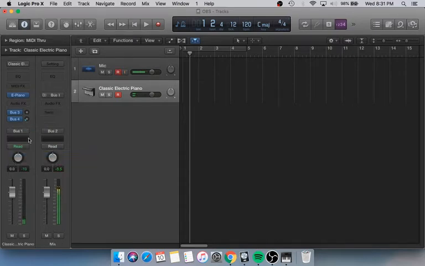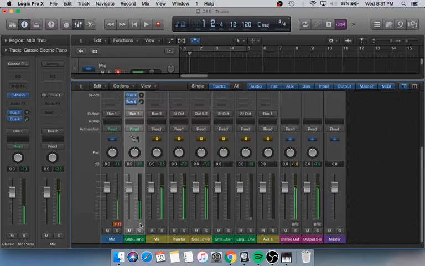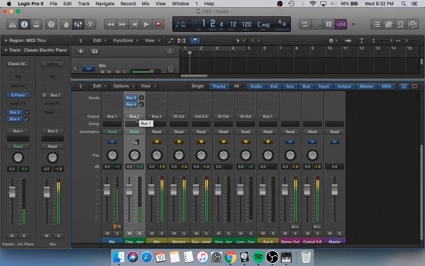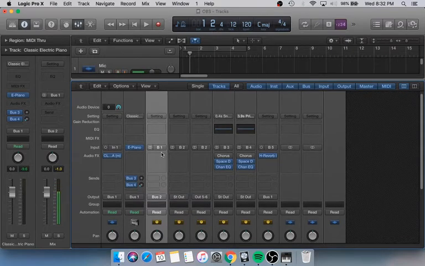The moment we click on that, we automatically see that there's a bus created. In my case, I've already done this so that I can explain it to you. As you can see, this is my microphone. This is the instrument I've just created. Now when I play it, you're able to hear it. I'll tell you the reason why. The moment I sent the output to 1, this auxiliary strip is created, and the input of this obviously will be bus 1 because that's where we are taking the signal from.